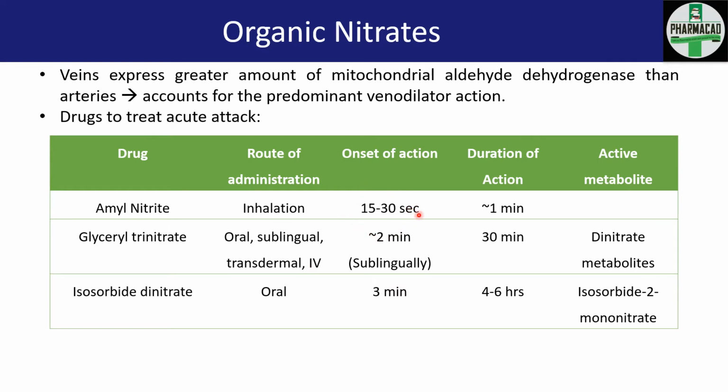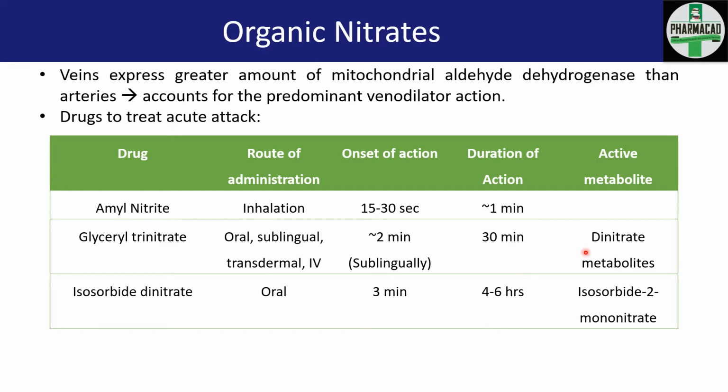The onset of action for amyl nitrite is minimum, like very rapid onset of action, 15 to 30 seconds. But the problem is its duration of action is also very less, hardly 1 minute. Nitroglycerin, the onset of action is around 2 minutes, very rapid onset of action when it is taken sublingually, and the duration is also significant, that is 30 minutes. Isosorbide dinitrate, its onset is 3 minutes and duration is quite longer compared to nitroglycerin, that is 4 to 6